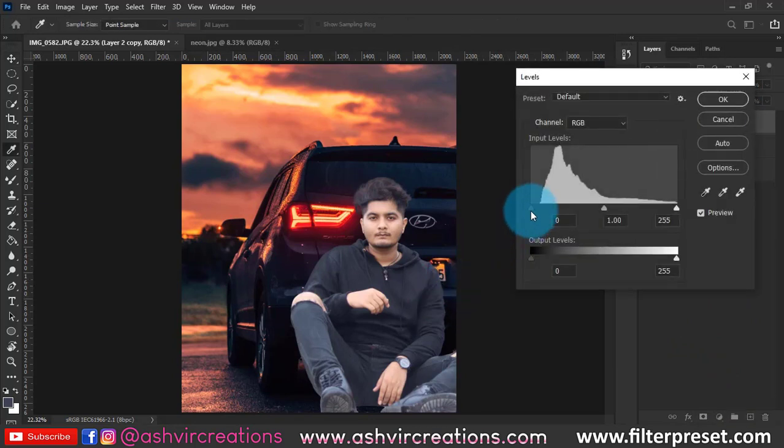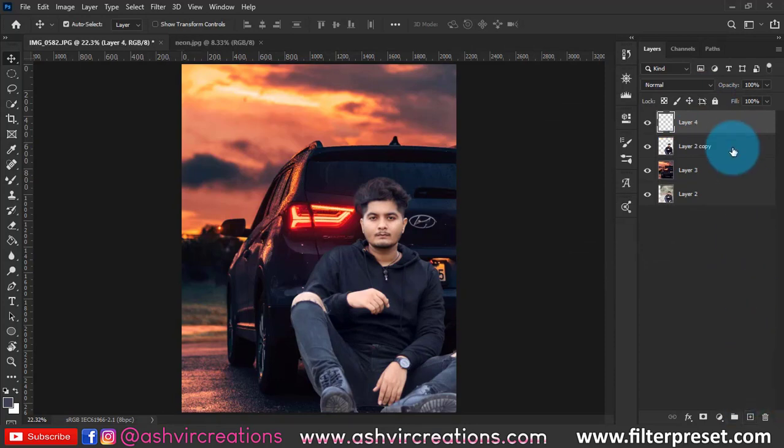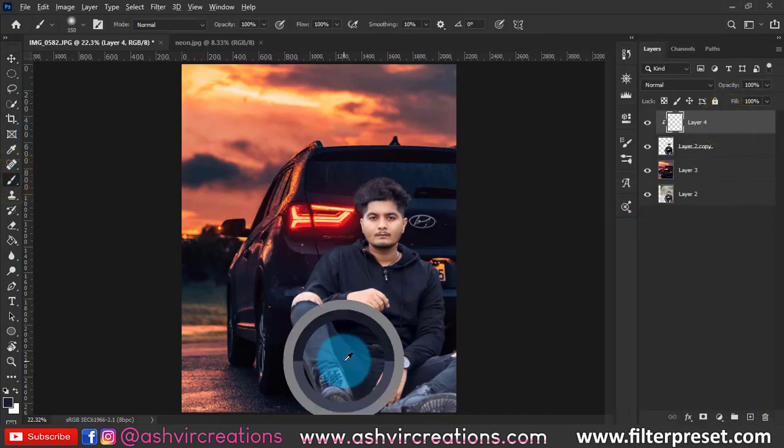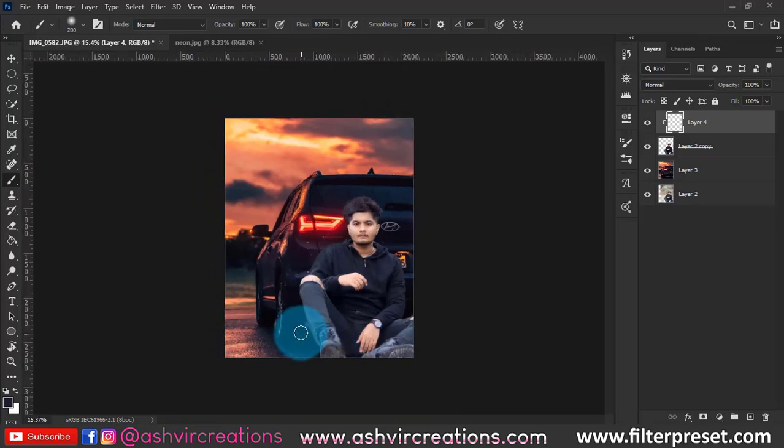or press Ctrl L from the keyboard, that is levels, and we can adjust the whiteness or the white fuzziness from the photo just by moving the slider from left to right. Now just create a new layer, create a clipping mask, select the black color, select the soft round brush,